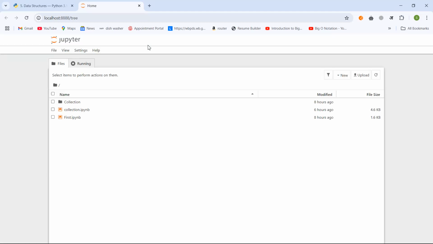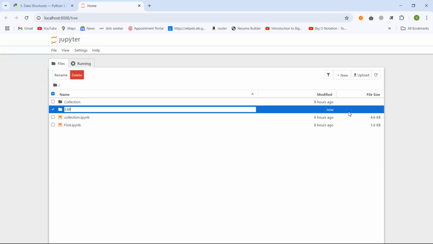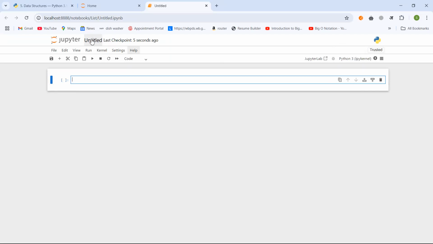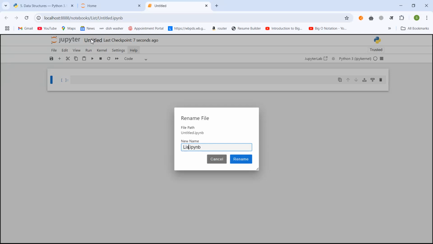We can make a new folder as well. There was a folder named collection. So maybe we will create a new folder and name it list. Fine, let me open it up. Inside that we will click on Python. This particular Python file will be saved within this folder which is list. Let me change the name to list methods and click on rename. So our first topic would be